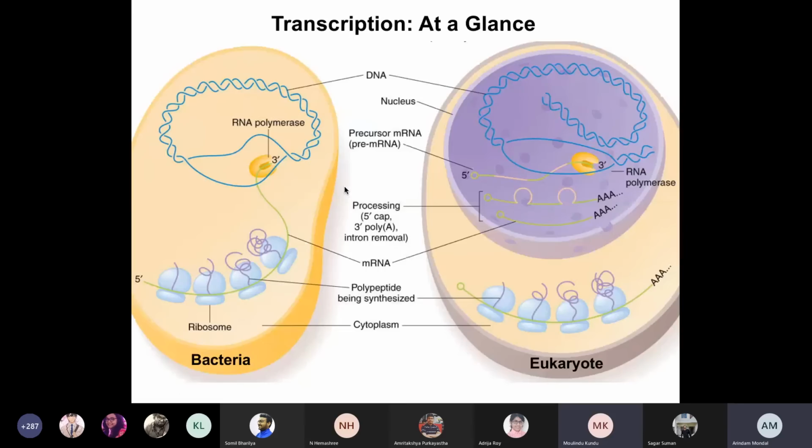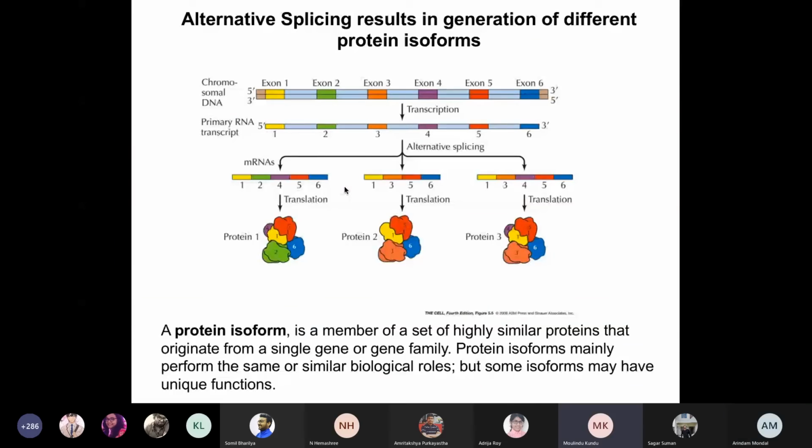Okay. Sir, but the thing is that this can also be done if there are no unused parts, introns. If there are no introns, then also this can be done. So what is the use of the introns? No. So how would you be able to do that? How would you be able to do that?